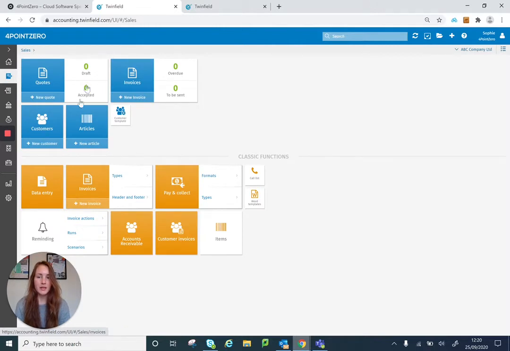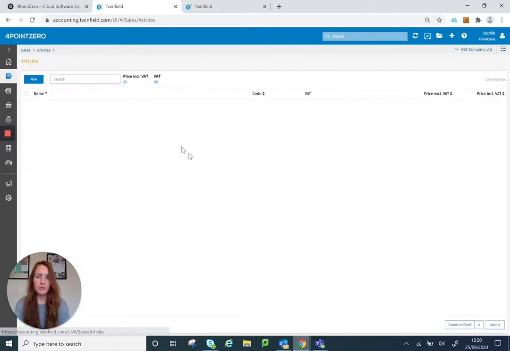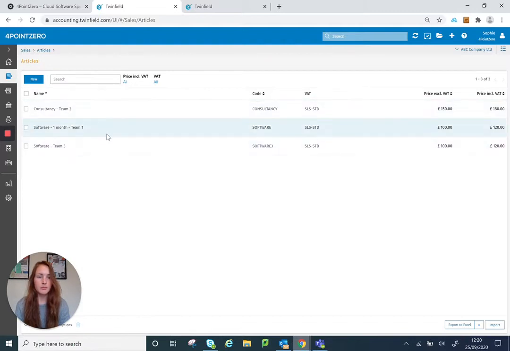Once I'm in here, I can click into my articles. So this is what we're going to use in order to split our revenue across different options. If I go into my articles, I've already got some set up, but I'm going to create a new one just to show you how it's done. So if I click new here,